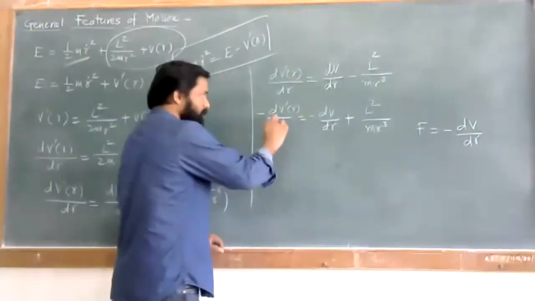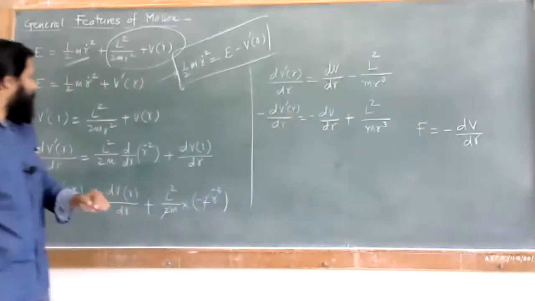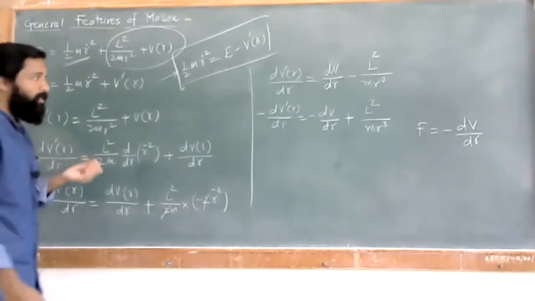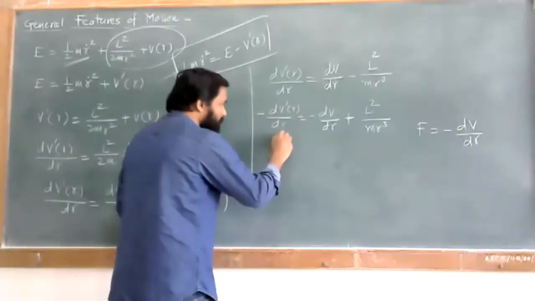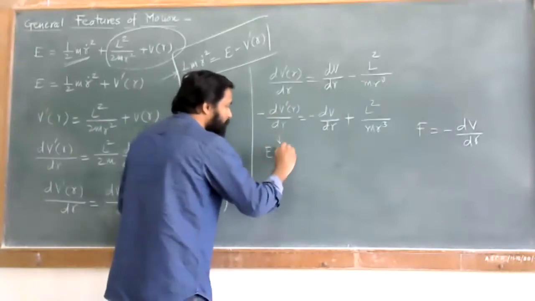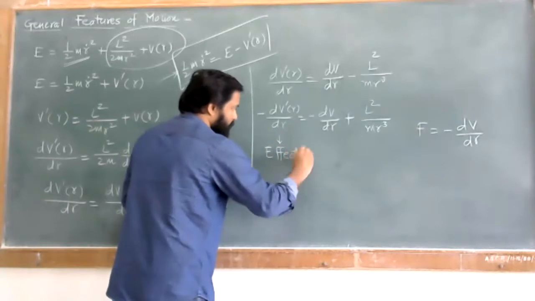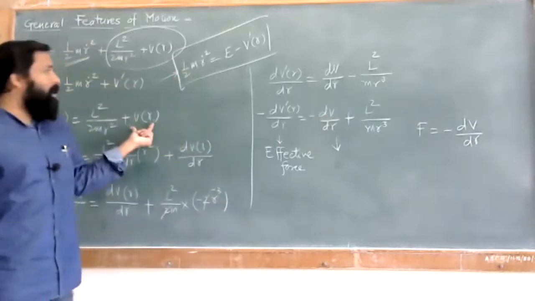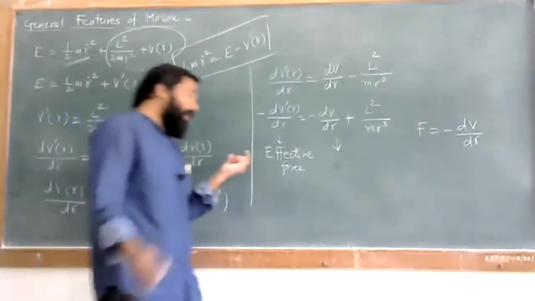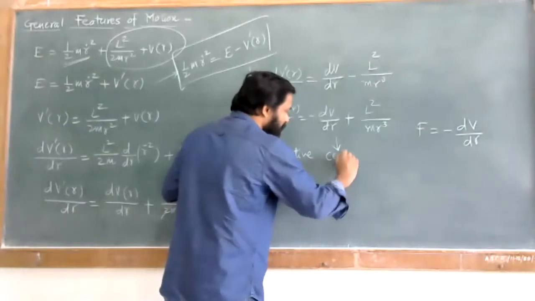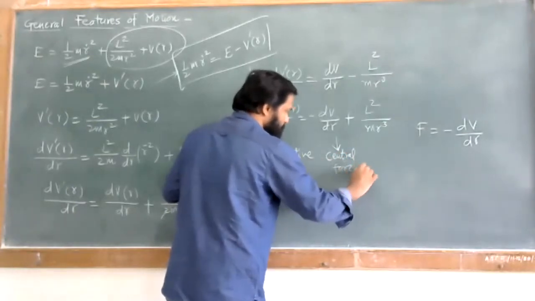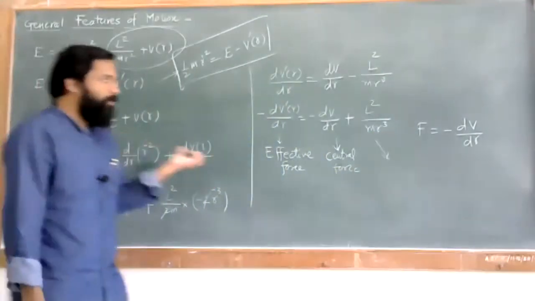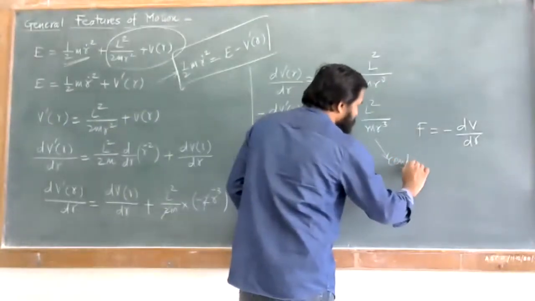So what is this? This is dV dash by dr. What is this V dash of r? V dash of r is nothing but the effective potential energy, and so this minus dV dash by dr is nothing but an effective force. First thing, what is this dV by dr? What is V r? V r is nothing but the actual potential, and so this is called the central force. And what about this? This is nothing but the centrifugal energy, and now we can have a centrifugal force.